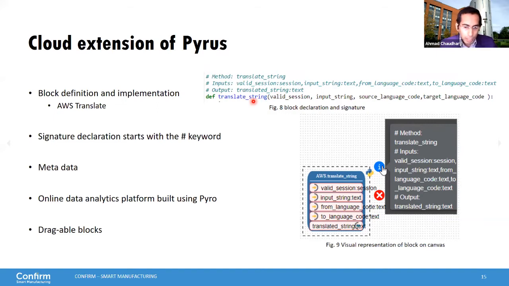Pyrus automatically reads the signature and shows it as a draggable component that can be dragged into the canvas, which can be seen over here. Right now, all these are automatically validated and highlighted as red because the data flow is not connected yet.